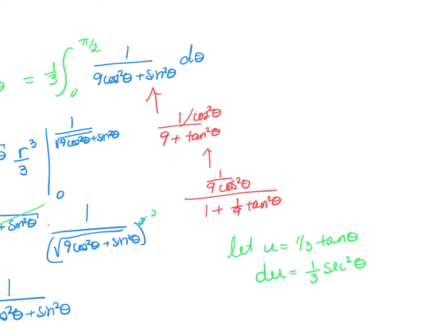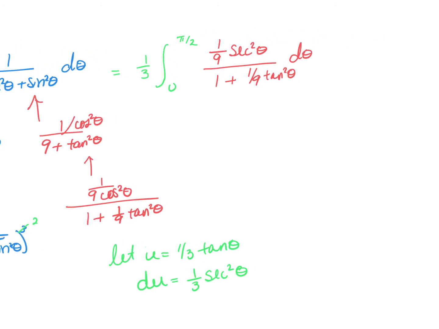So then this is equal to 1/3 the integration from 0 to pi over 2 of 1/9 the secant squared of theta over 1 plus 1/9 the tangent squared of theta d theta,